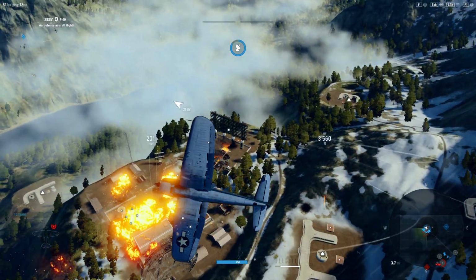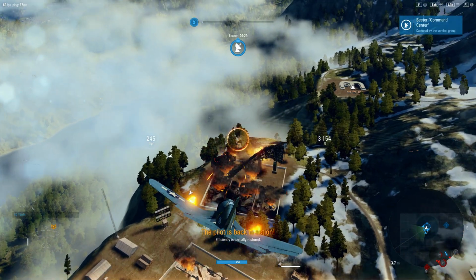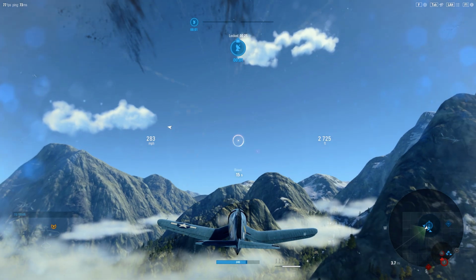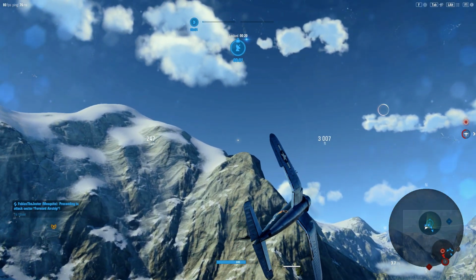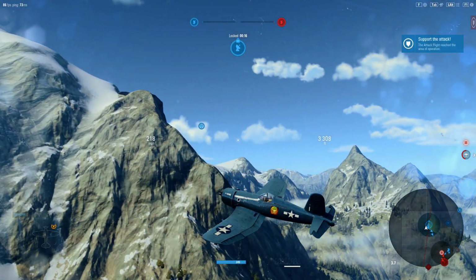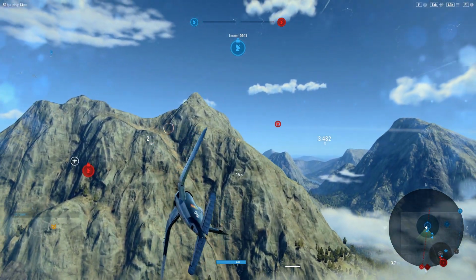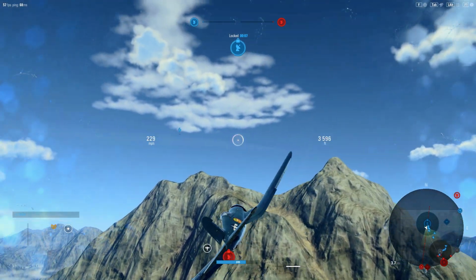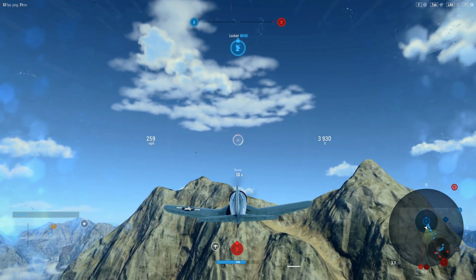And showing off a little bit of its ground attack capabilities. You've now taken out all the ground targets we needed to capture this base. So they're crying for our help over here, and we're going to head right on over there. And I guess everybody in the world is down at the airbase, which is...